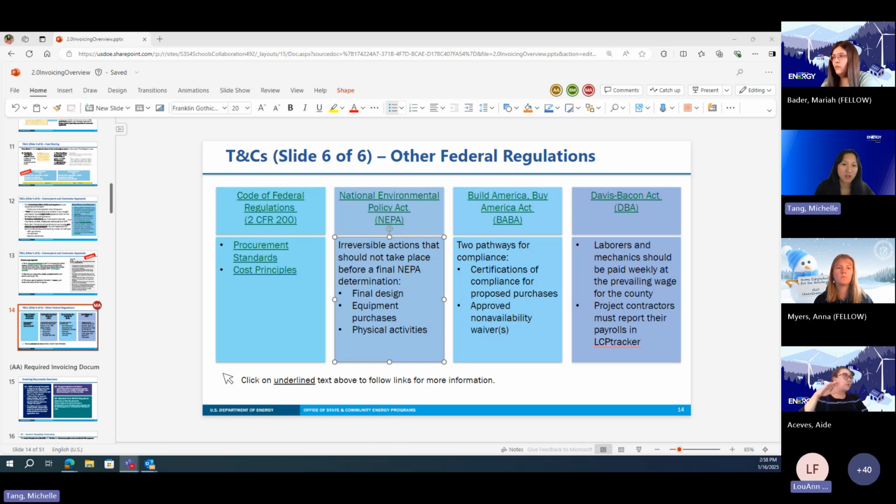And your TPO might be Beth, so I know she's out today. I know none of us have as much context on your award, unfortunately, but that's the typical process: we don't allow physical activities with a conditional NEPA determination. There are instances where DOE might allow you to get a second conditional NEPA determination to allow you to do some activities, but typically it's not going to be construction. It'll be maybe some aspects of purchasing equipment, at a high level, but you most likely won't be able to do construction without a final NEPA determination from DOE.